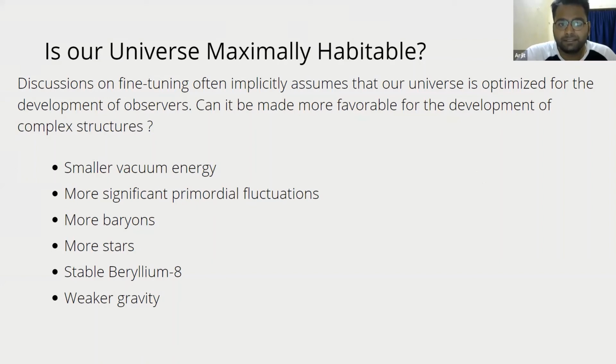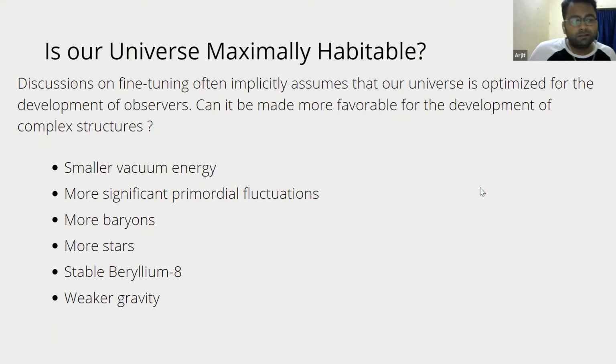One very interesting thing we could have achieved is that a stable beryllium-8 isotope could exist. If the strong force was slightly, substantially larger than in our universe, beryllium-8 could be a stable isotope, and this would enable such a universe to produce carbon without the triple alpha process. That would be a very good thing, because as far as I know, the triple alpha process is very important for carbon production, and carbon ultimately is very essential for life.